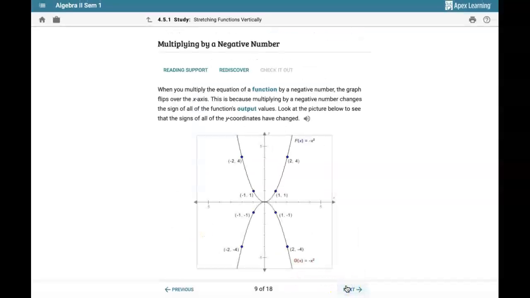Okay, looking back at this, when you multiply a function by a negative number, again, it flips over the x-axis, and that's because the output, your y values, after you've calculated them all, they just flip the sign, right? So here I've got 2, 4, right? So if x is equal to 2, I'm going to have 2 squared, and then that's going to become the negative of that, right? So I'm going to have the negative of that, which is -4. And let me clarify here, there is a difference between negative x squared and parentheses negative x squared. And by that, I will show you here